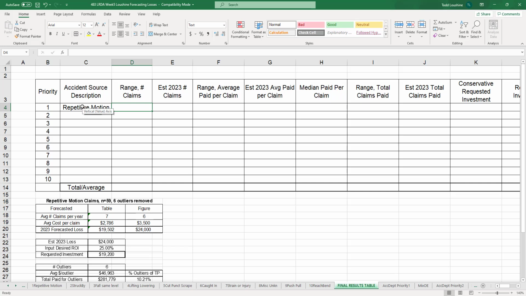The range of claims. This is the forecasted range of claims. So 6 or 7. 6 to 7, estimated claims. We're going to go with the lower of the two. The range of average paid is 2,786 to about 3,500. The estimated, we're going to go with the,